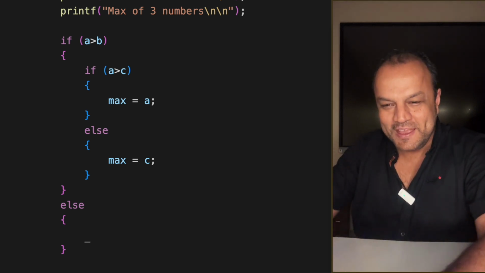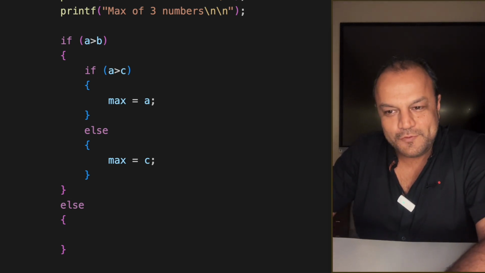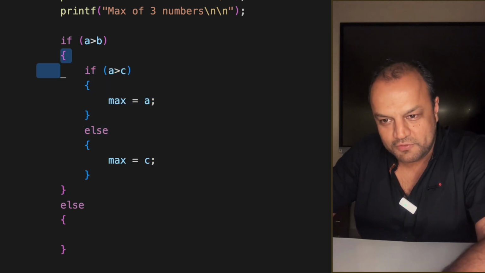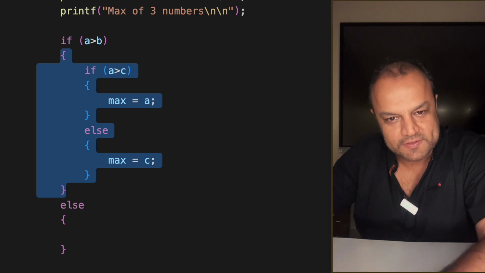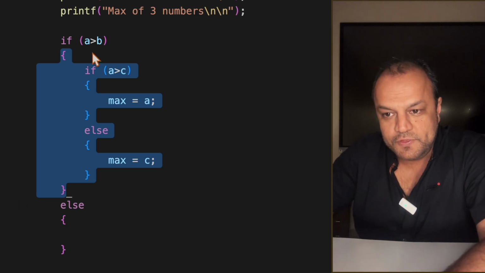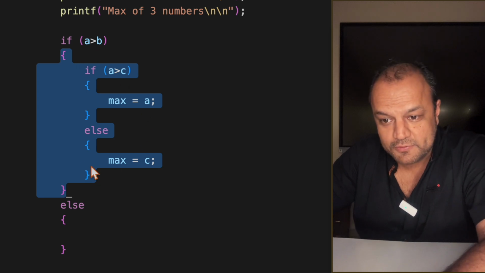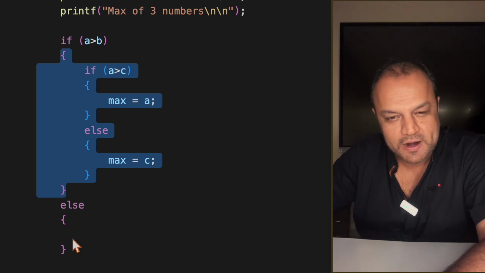Okay? Look here. So, I first checked if A is greater than B. If it was true, we entered this whole above section, which we have already discussed. This is done. Now, if this check was false, that means this will not be executed. The else part will be executed.